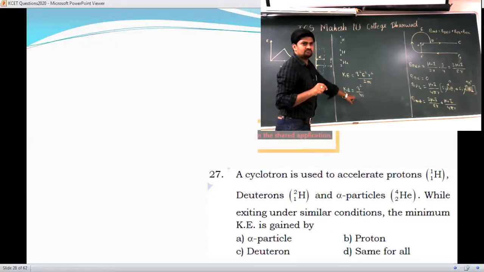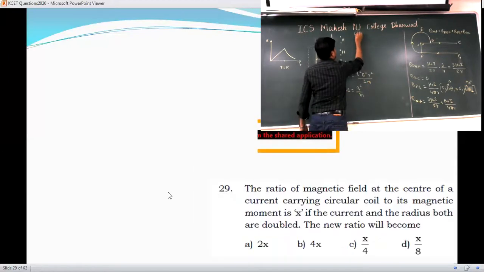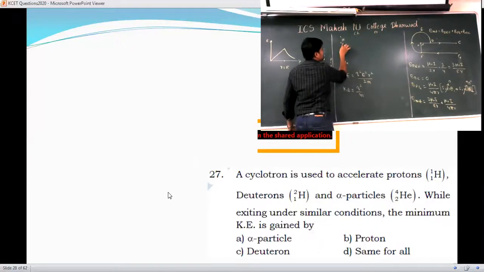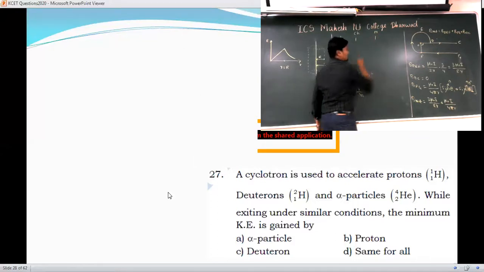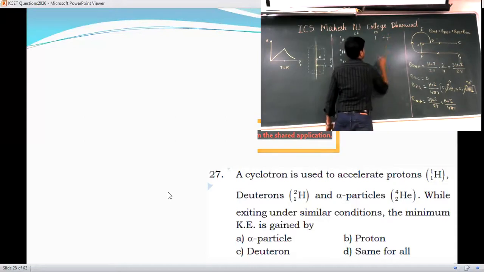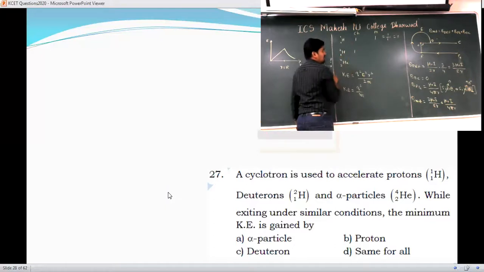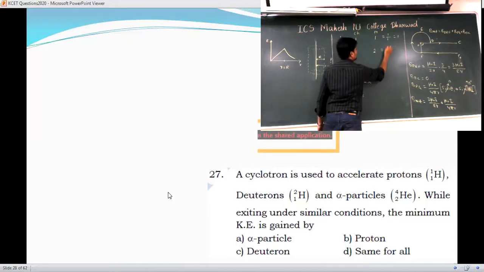When you take the charge and mass, here I will write charge, and here I will take mass. So how many charges are present here? Only one proton is there, so charge is 1 and the mass, in nucleons, is 1. So the ratio will be 1 by 1. Next, in deuterium, how many charges are there? 1 is there. How many nucleons? 2, so mass will be 2. What is the ratio you are getting here? It is 1 by 2, so it is 0.5.